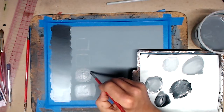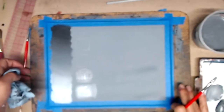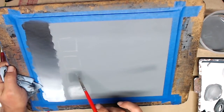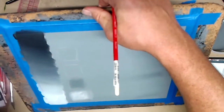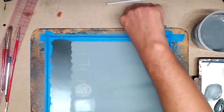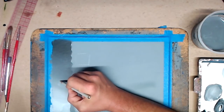Okay, got it. Oh, this is reflecting a lot. Let me just show you what's going on here so you guys can see that. Do you see the soft transition here? Hope you can. So, is this dry yet? Yeah. Okay. So this is wet